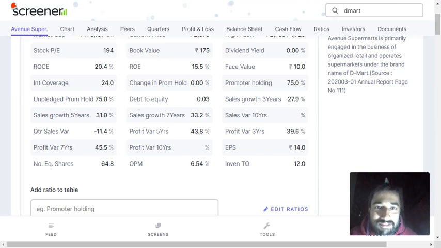If you do not have such a burden, then in a COVID-like situation, where a lot of companies suffered only because their operations were shut down and they didn't have any source of income, and they still had regular cash outflows thanks to their highly leveraged positions, the high amount of borrowings that they had. So debt to equity is a very important parameter. You should always look out for companies which have this number as low as possible.